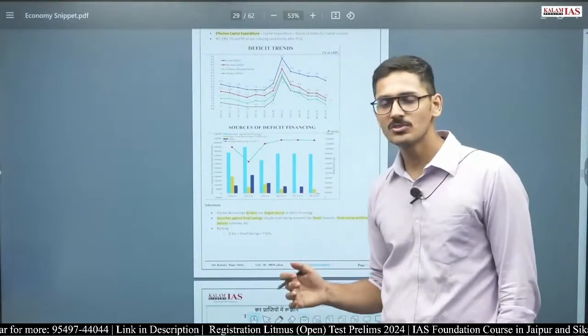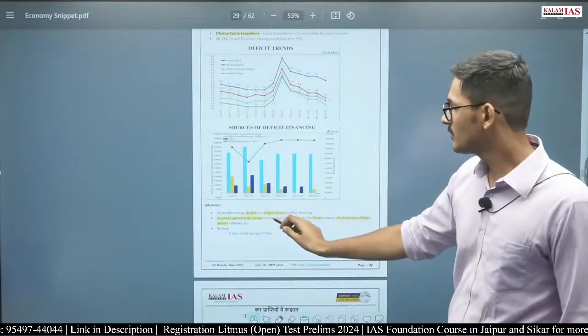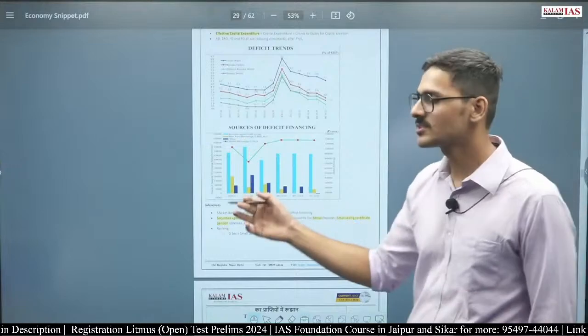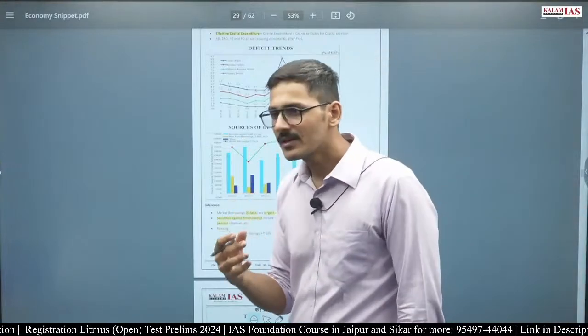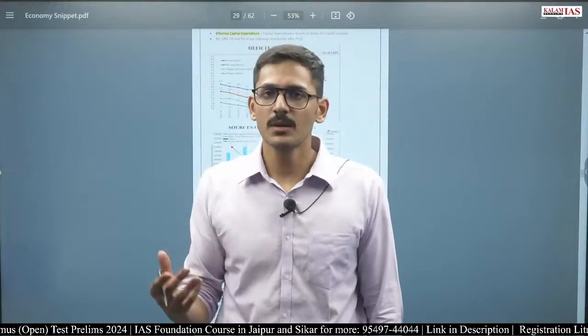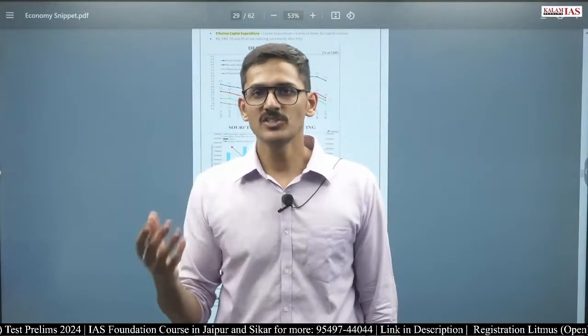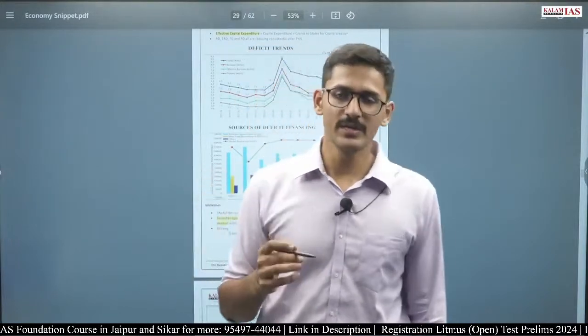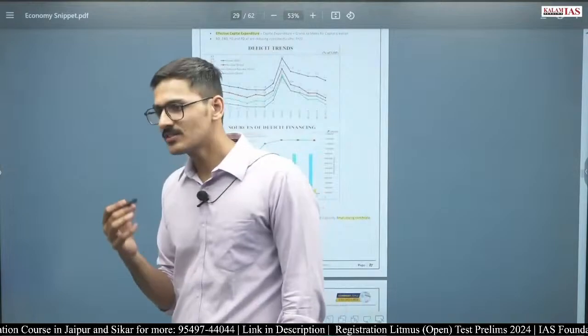Now, what is securities against small savings? Securities against small savings basically include small saving accounts like postal deposit, small saving certificate, pension scheme. For example, whenever we give money in any pension fund, I subscribe to a national pension scheme or any pension fund, where does that money go? That money will go to the government of India.